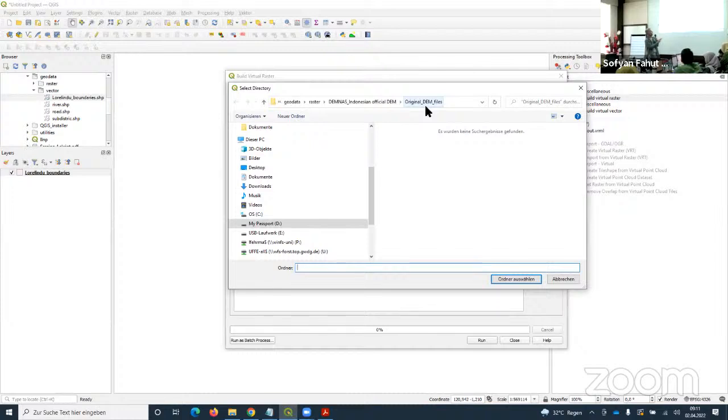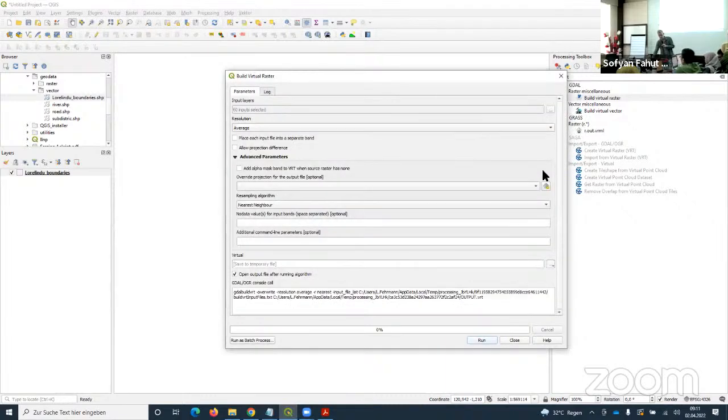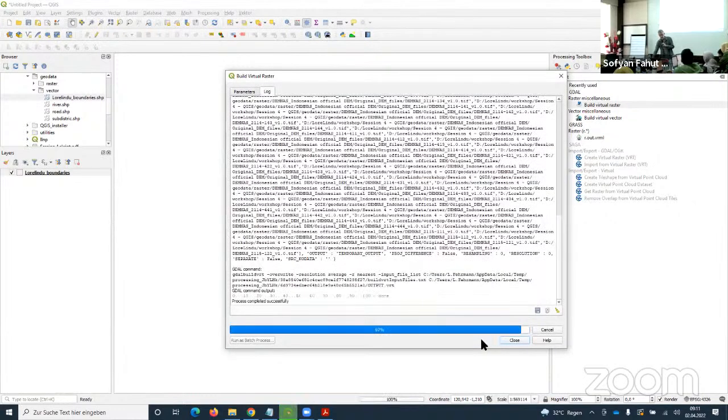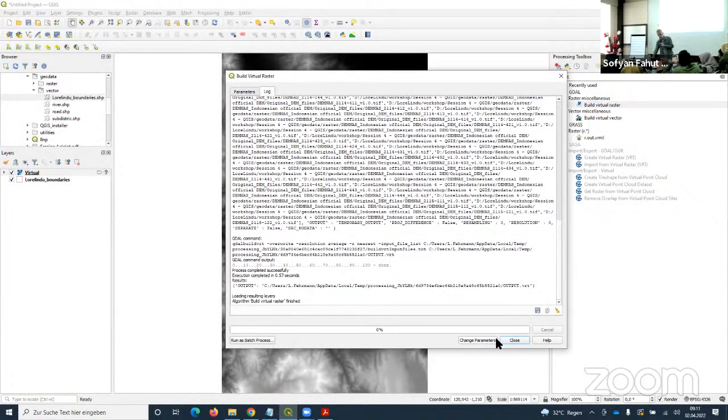So DEMNAS, Indonesian official DEM, and there you find all the different files. If I run this algorithm, it takes a while, then it combines all the different layers to one digital elevation model,